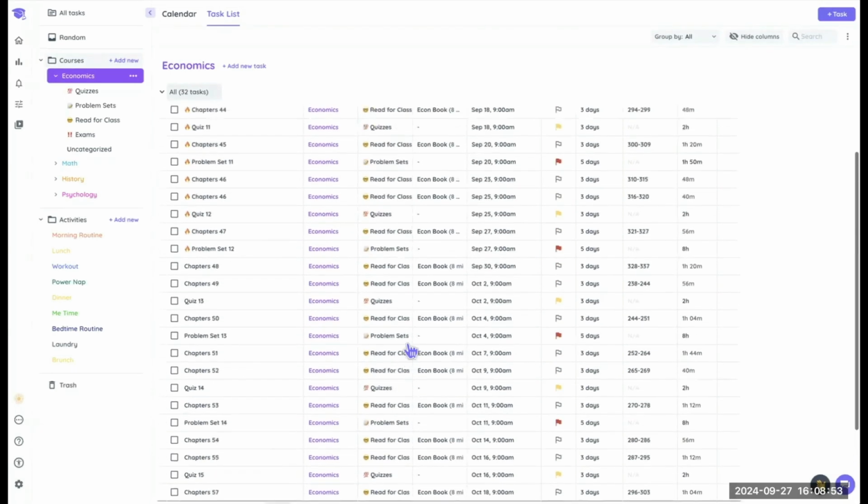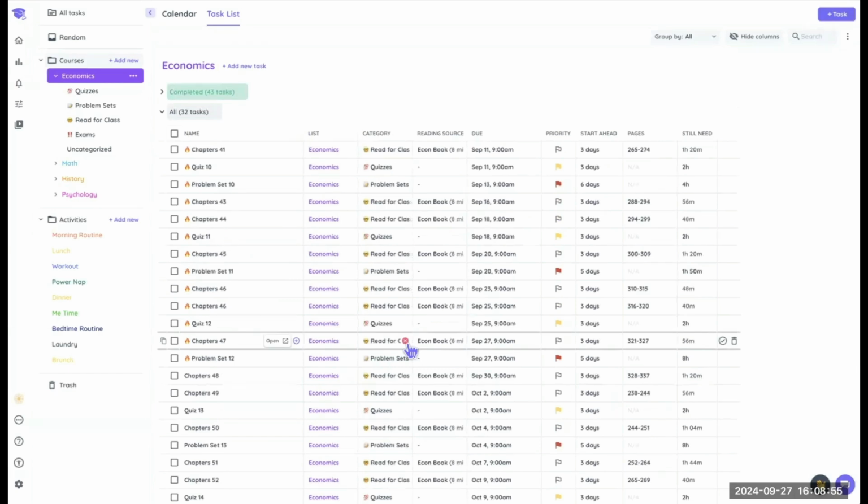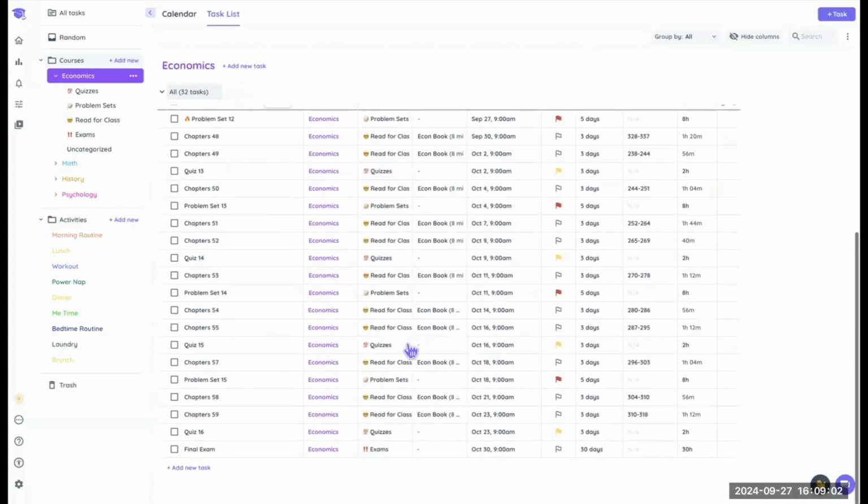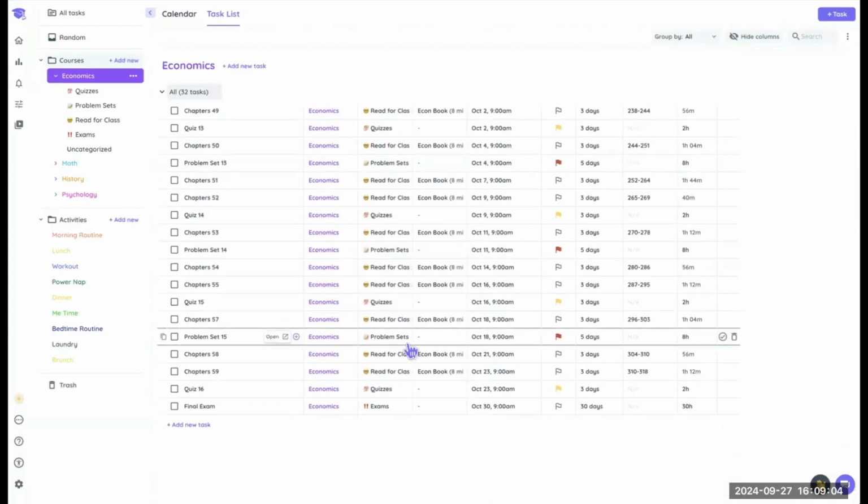I love how quick it is. It gives you a little calendar with little dots on where your class is, so you don't have to go anywhere else to look at a calendar to see where they are. It tells you these are the days that your class is meeting. Yes, exactly. So it's much easier to look from the syllabus